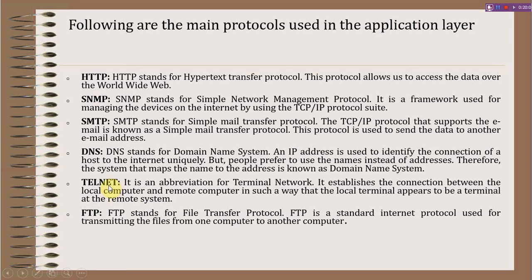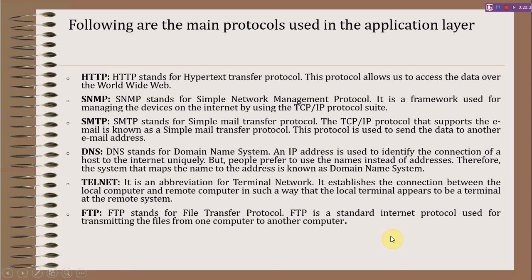It establishes the connection between the local computer and the remote computer in such a way that the local terminal appears to be the terminal at the remote site. Then FTP, File Transfer Protocol. FTP is a standard internet protocol used for transmitting files from one computer to another computer. So these are some protocols used in the application layer of TCP/IP.